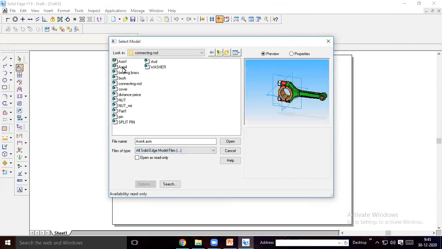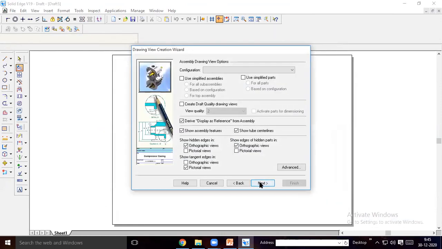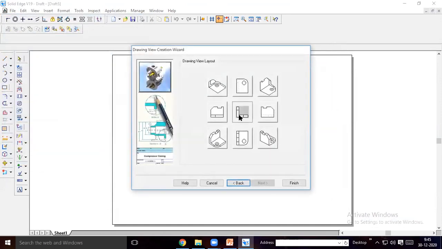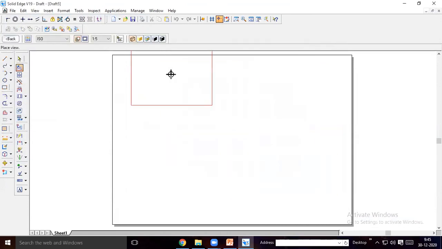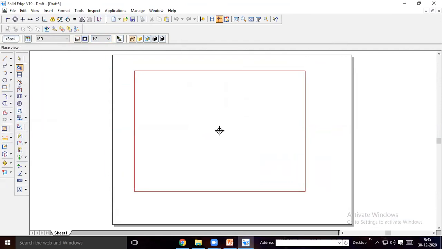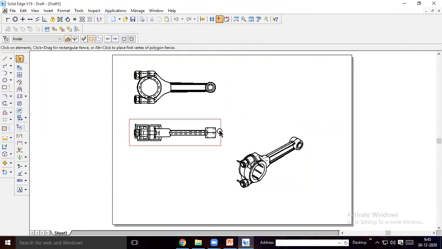Then the assembly that we have done now. Select and open. Next, customized view, close, select from the bottom L shape, finish. Then give it 1:2, like this. Okay.